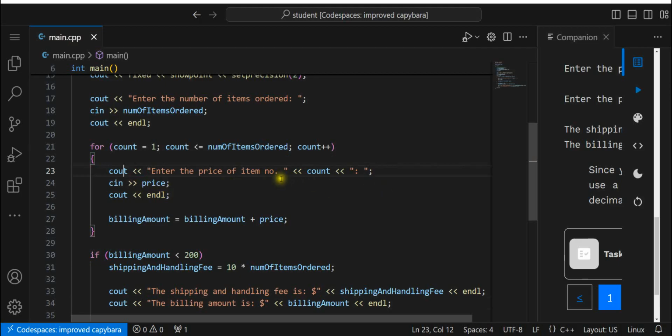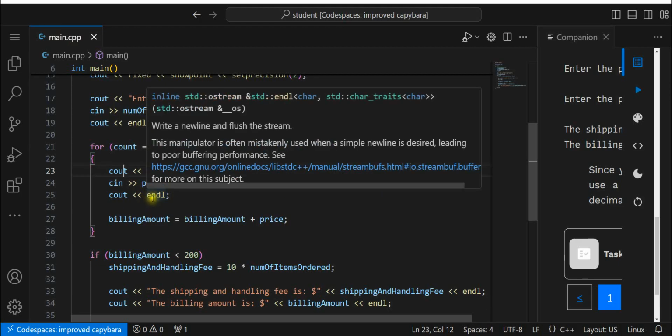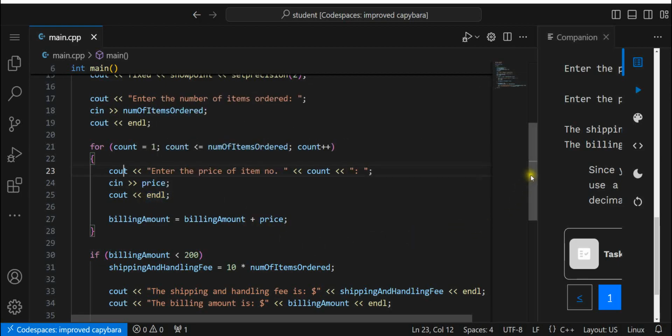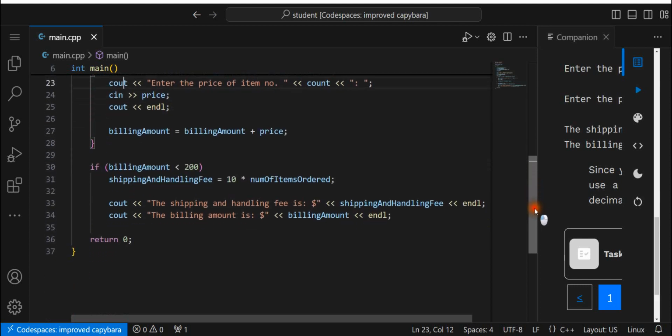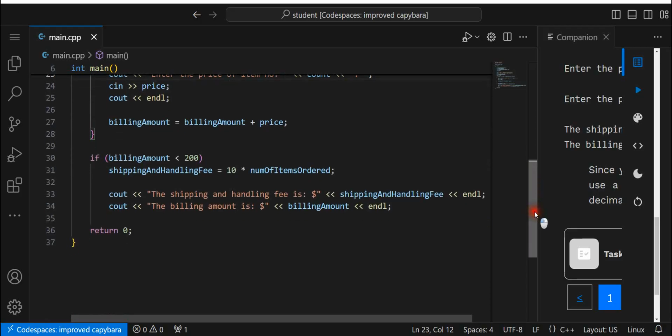All right, so let's go on to count. Call the count variable, price variable that. Then billing amount equals billing amount plus the price. And if billing is less than $200, shipping and handling fee equals 10 times the number of items ordered. And then the shipping and handling fee and the billing amount are using those variables. All right, let's go ahead and use this